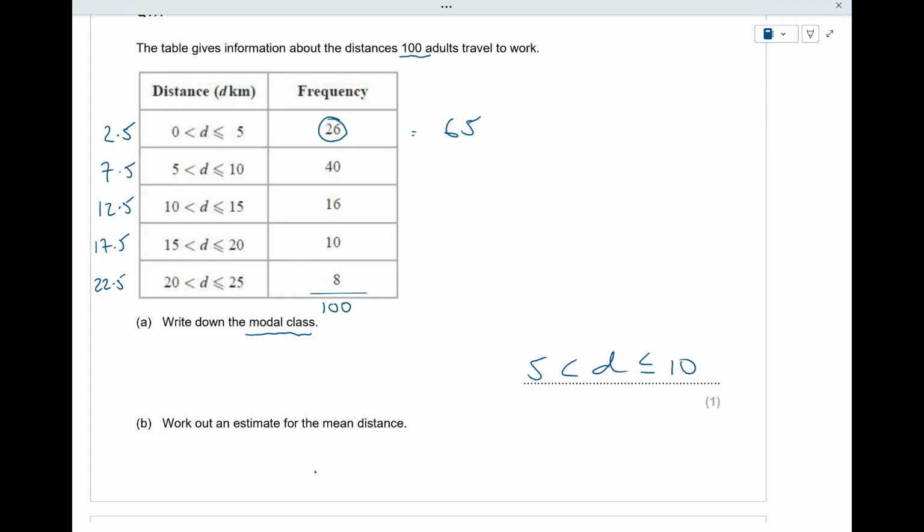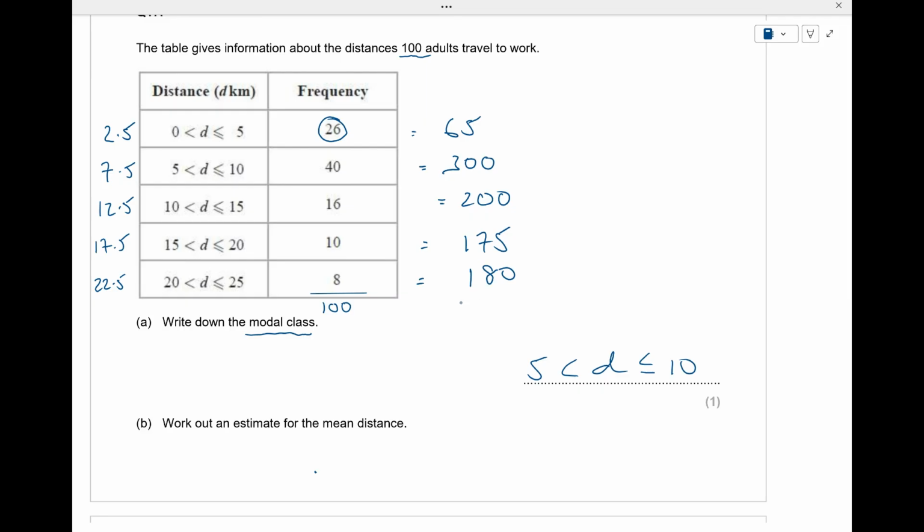These 40 people, I'm going to assume that they travel 7.5 kilometres each. So in total, I'm going to say that they travel 300 kilometres. Of course, some of them will travel more than 7.5 kilometres to work and some of them less. But we're assuming that each travel 7.5. In the same way, 16 times 12.5, 200. 10 times 17.5, 175. 8 times 22.5,